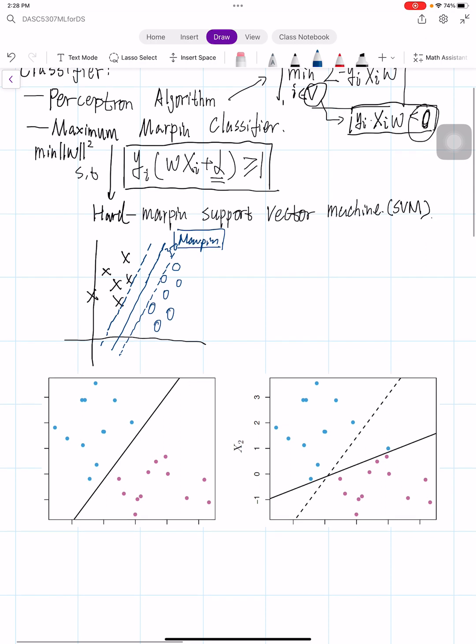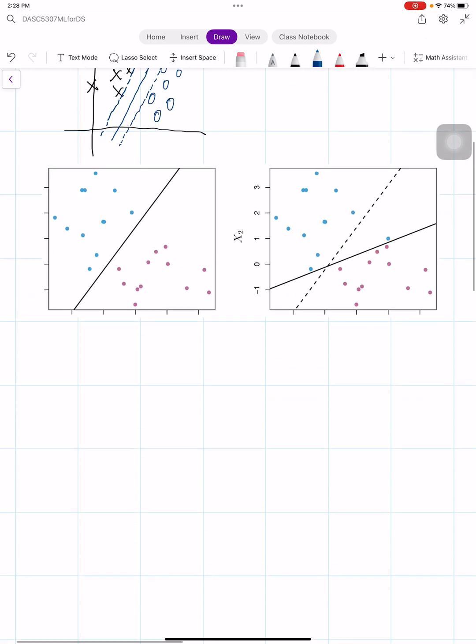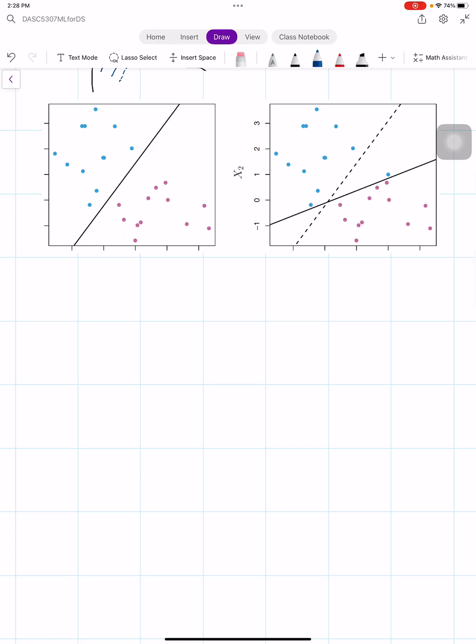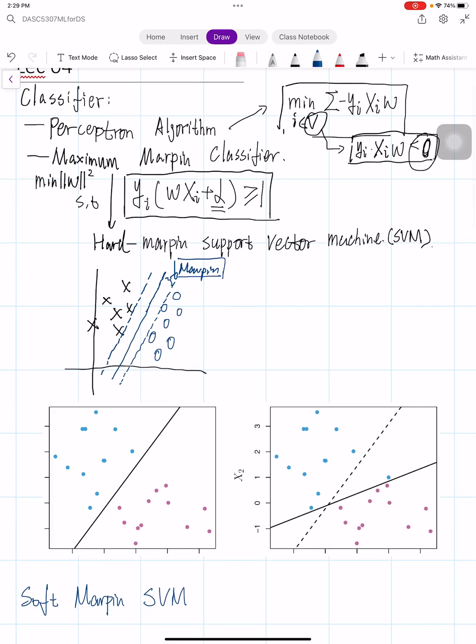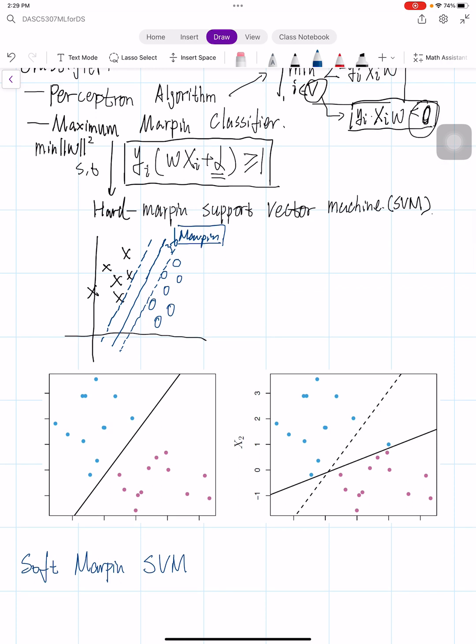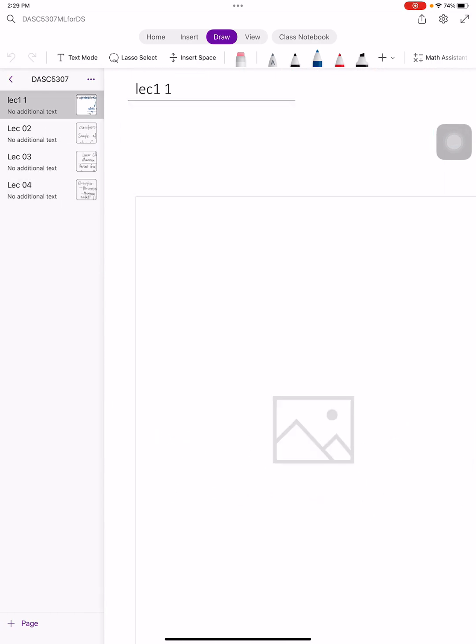And in today's class, we're gonna introduce one more classifier, which is called soft margin SVM, support vector machine. The reason why we need this one is that the first two classification algorithms are not perfect. In practice, we hardly have perfectly linearly separable cases. For example, if you recall our first class example,